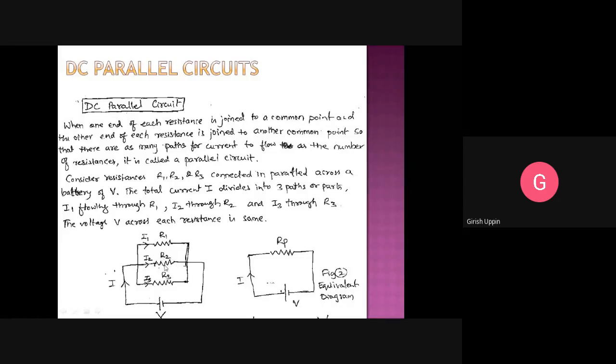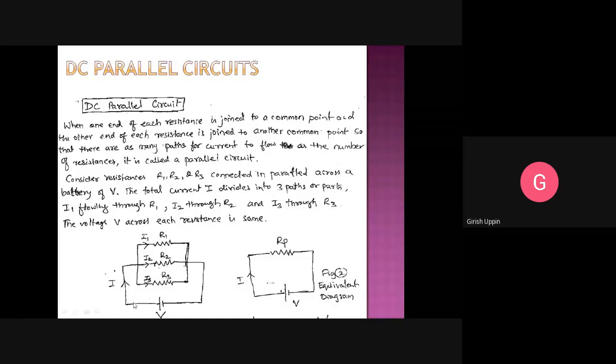If the resistance is more, naturally the amount of current that will flow in that particular branch will be less. If the resistance is low for that particular path, naturally the amount of current that will flow in that path is more. If resistance is very high for that path, the amount of current that will flow is less, because high resistance, therefore less current.